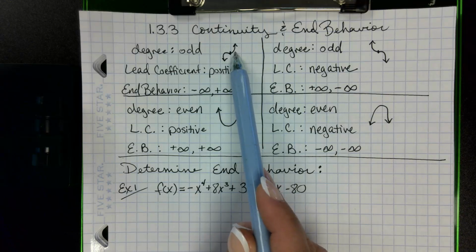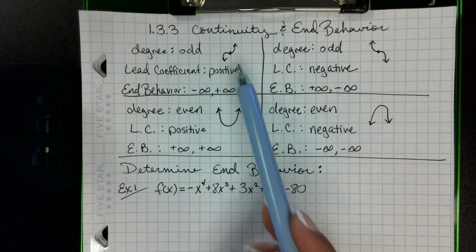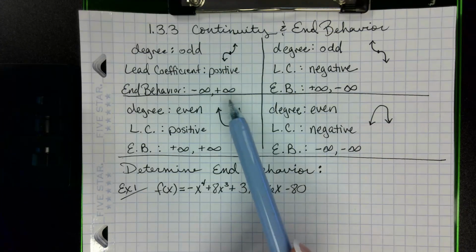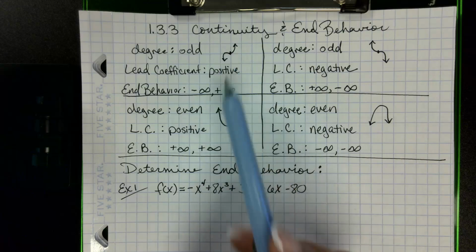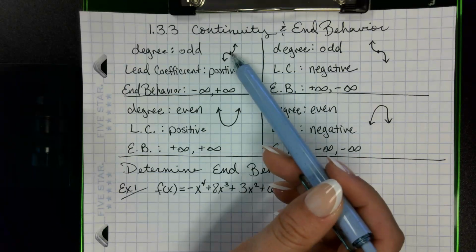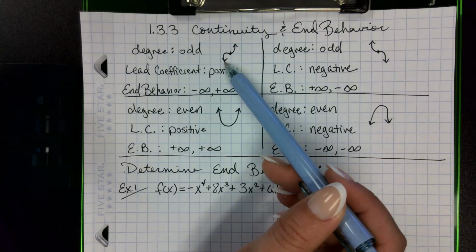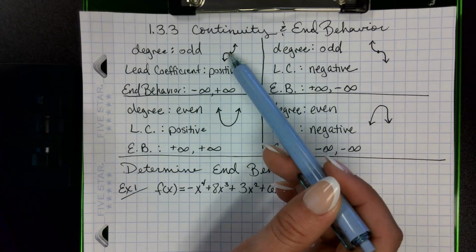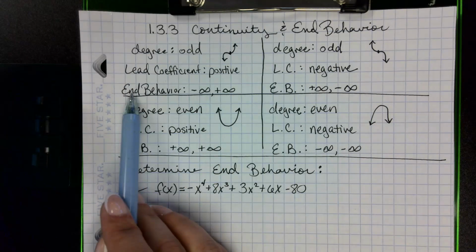It'll look something like this, like that's a quick sketch of x to the 3rd power, the cubic function. All sorts of stuff could happen in the middle. There could be ups and downs, zigzags, all sorts of weird things happening in the middle depending on the actual function itself, but we're not concerned about anything that's happening in the middle. Just what's happening all the way as x goes to the left, where's y going, and as x goes to the right, where's y going. So the end behavior,